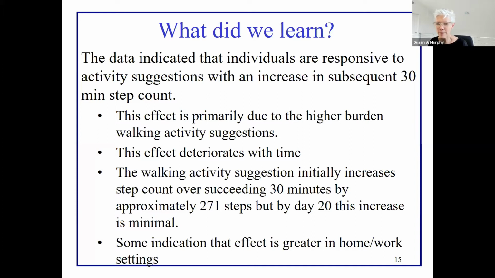So let me just recap that. At the beginning of the study, closer to the beginning, people on average increased their steps by around 271 steps in 30 minutes. It turns out for sedentary people, this is about a doubling of how active they would normally be. So this is a massive effect. But by halfway through the study, day 20, 21, it's gone. It's really sad. And so then this is great results. I mean, it's very interesting results, but now we're thinking about the next 2 studies, V2 and V3 of HeartSteps. We're wondering, what should we do?